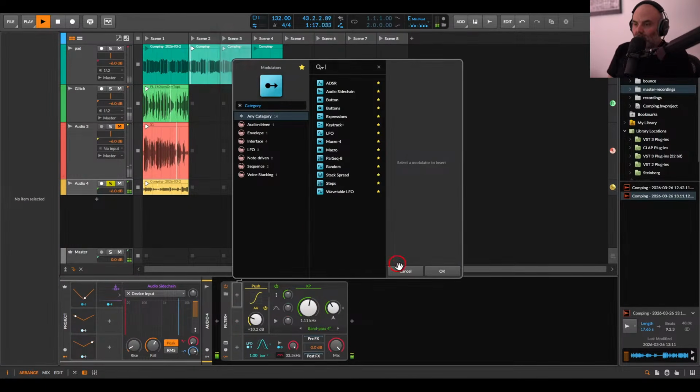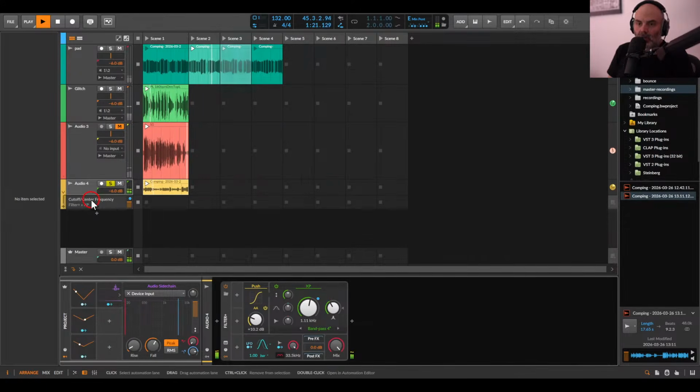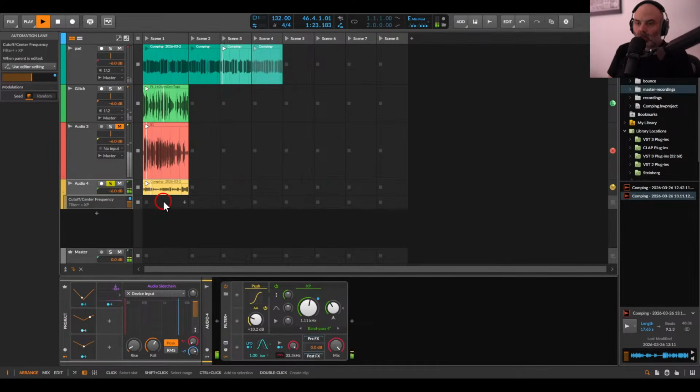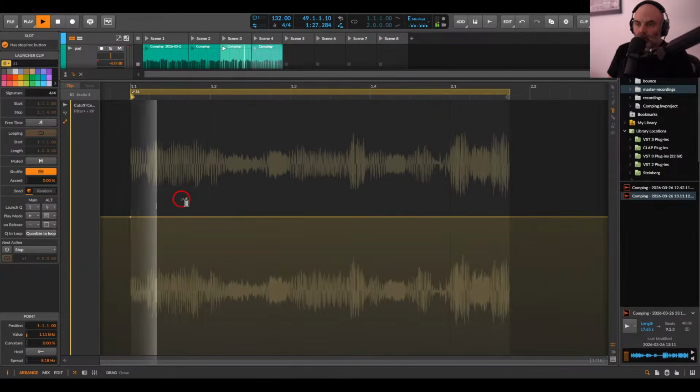This is getting weird. You know what? Let's also hear the automation lane. I like the automation lane. You know why? Because I can do this and then with the spray